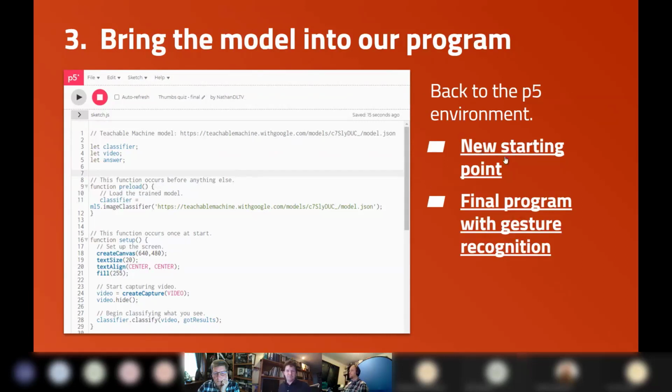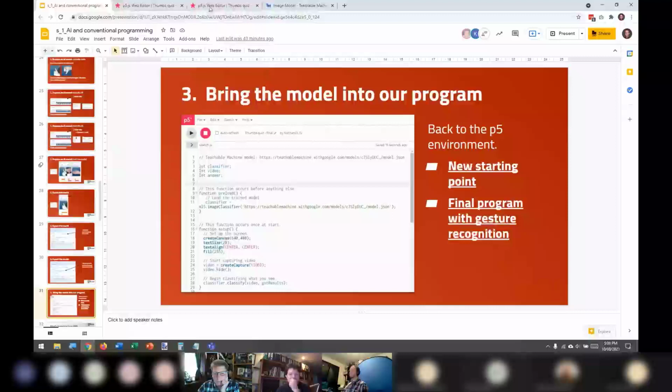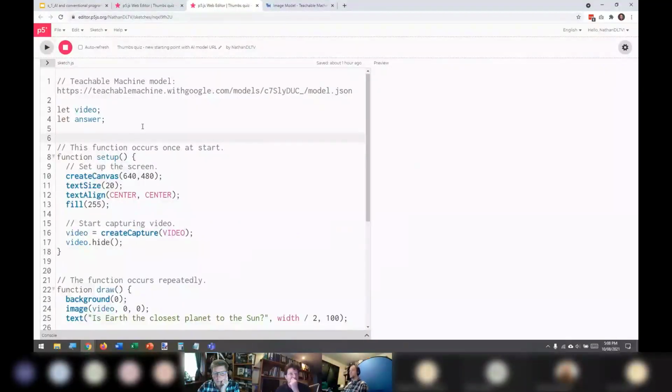Now, I have set up a new starting point program from here, which I'm about to go to. The reason I made a new one is just so that you can have access to that URL without me having to type it in all the way from scratch. It's just going to be pasted in there already. So let's head straight into that new starting point now. And here it is. And as you can see, I've got that nice URL for my pre-made model. It's like one of those cooking shows. Here's what I made earlier. And that's my pre-made model that I made earlier there. So getting started then,